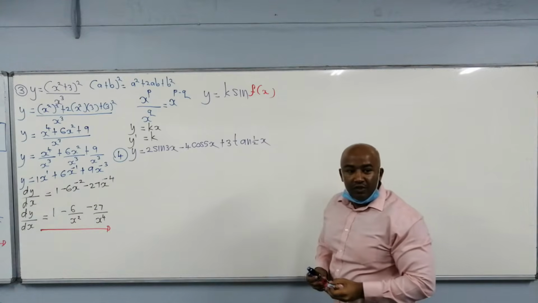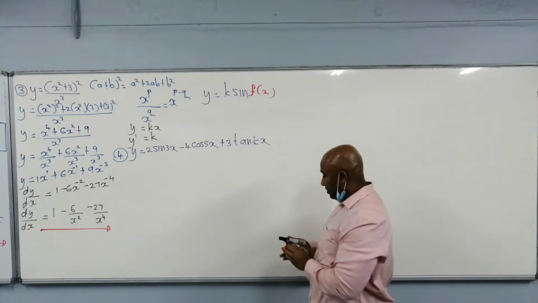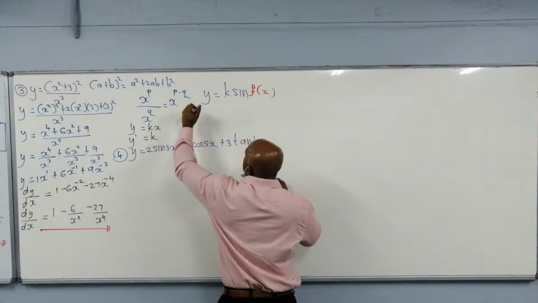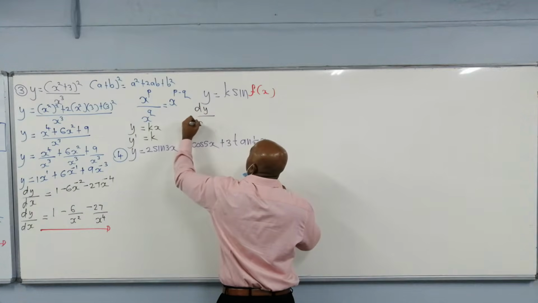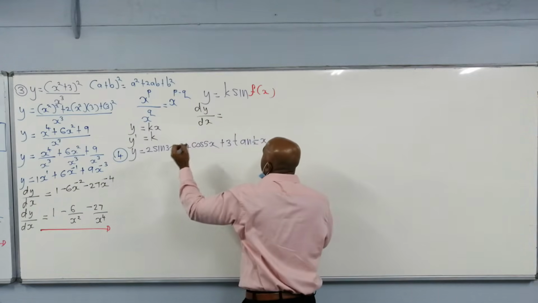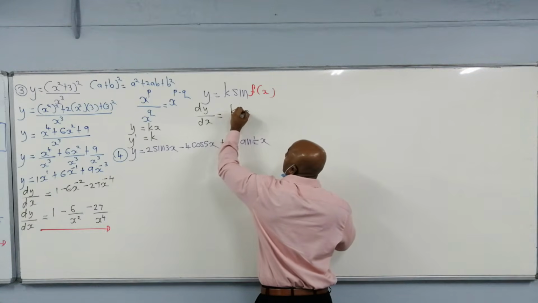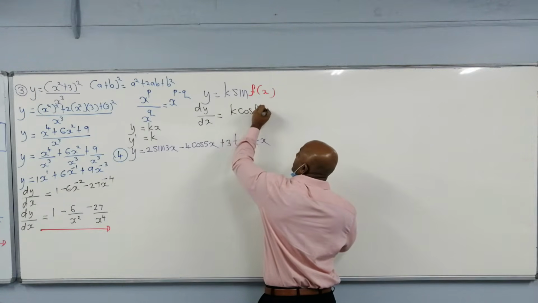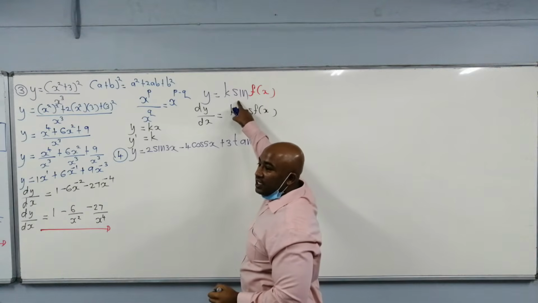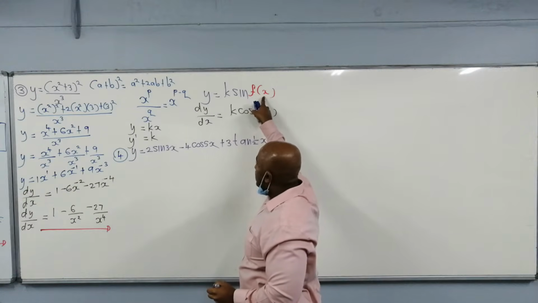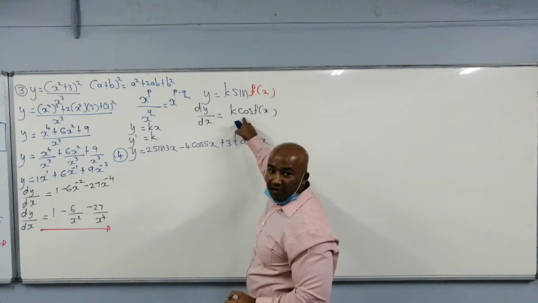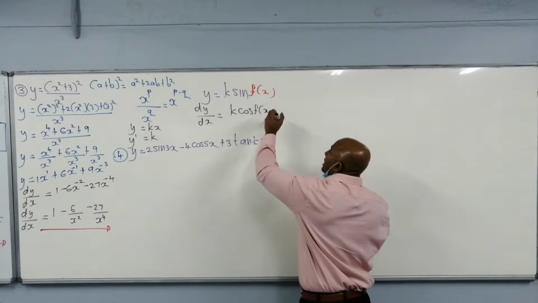Can you all see that? So when you differentiate, that's going to be dy over dx. The derivative of k sine f of x is going to be k cos of the f of x. So basically you're differentiating sine of your function, and the derivative is going to be cos of that same function,